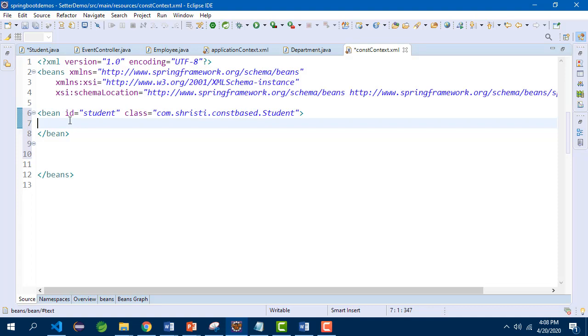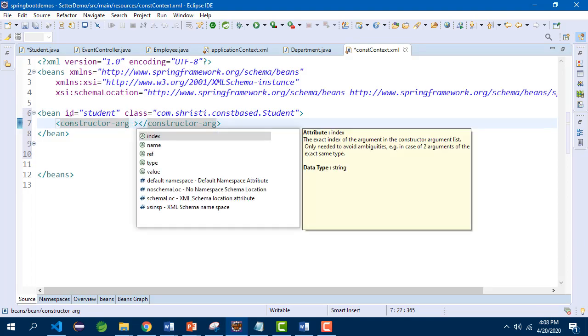In case of index, the position of the instance variable. So in my case, let me just write it, constructor argument. Here control space, you can see I have got index, name, type. Of course you know what is reference and value.